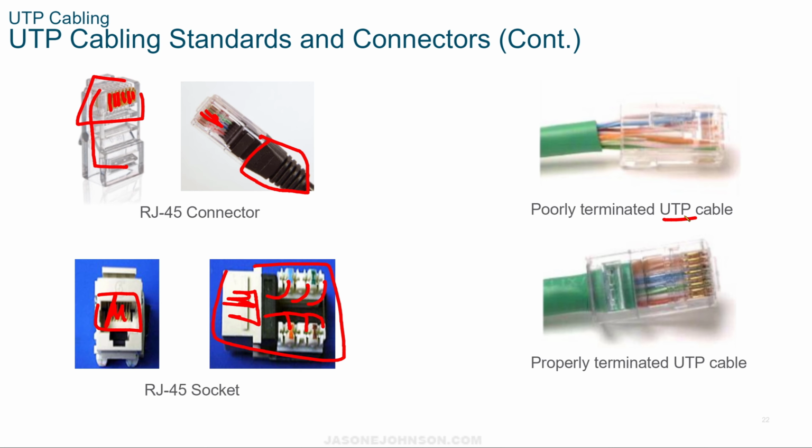A poorly terminated UTP cable, here you'll see the sheathing is not all the way up in the protective housing. So you'll want to make sure that if you're putting an end cap on, what you'll do is you'll cut these wires and you'll put them up into the housing, and they should be lined up underneath so that when you crimp it down, these little metallic teeth here will get pushed down into the wires for the connectors, and this little plastic piece here will bite down on the plastic sheathing and hold it in place.